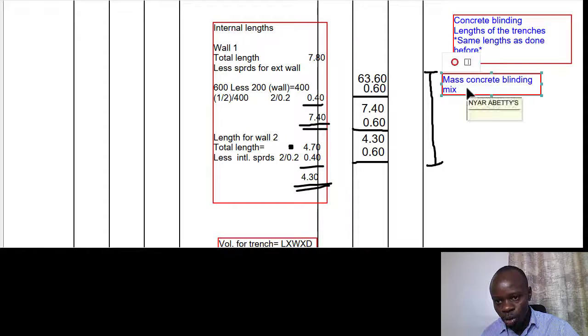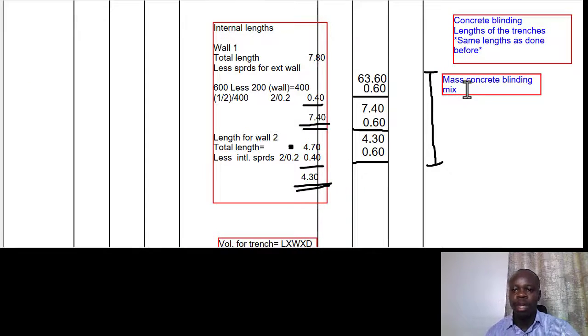So what we do after noting the mix, then you can maybe say 1 to 3 to 6 and so on. As long as all the considerations of the rule are taken into place, then there is no rule or basic way that is written on stone on how you'd go about that, as long as you've taken everything into consideration. So that is everything about concrete blinding. Therefore, we'll do the next item, and the next item would be